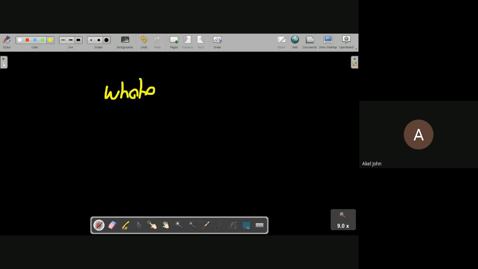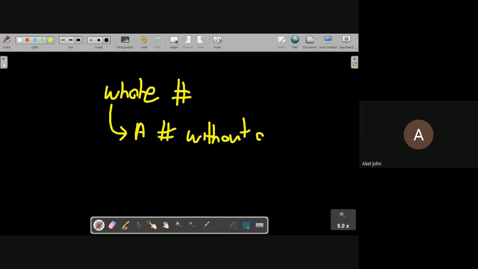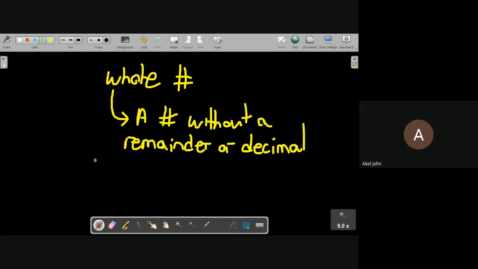Now, a whole number is simply a number without a remainder or decimal. What I mean by that is, let's look at an example. For instance,